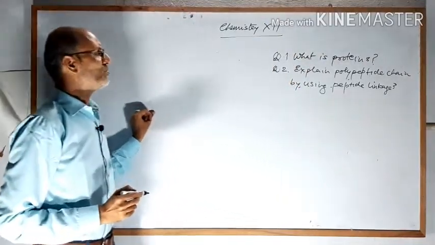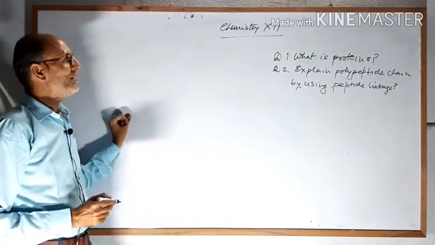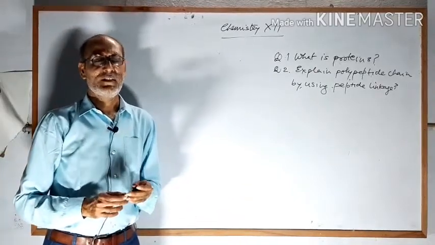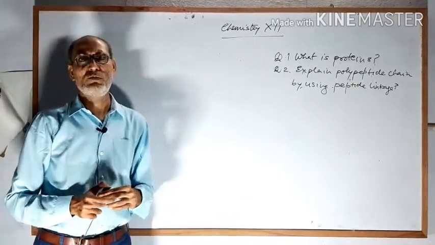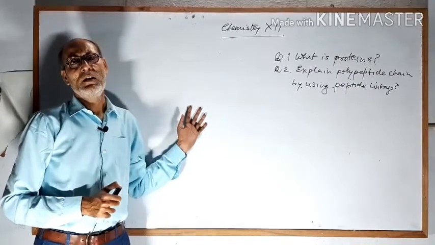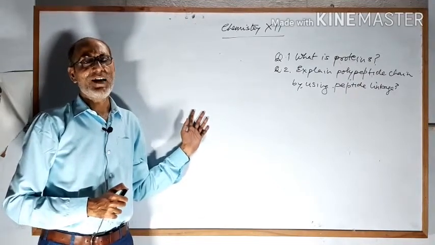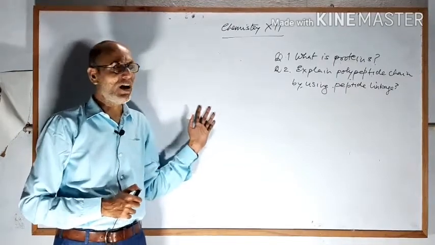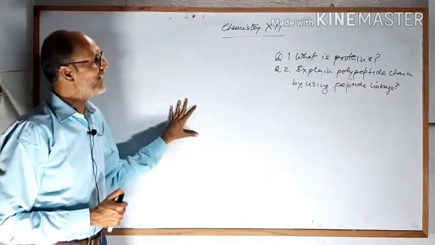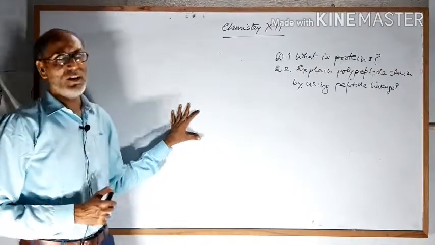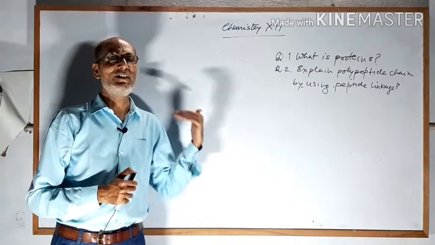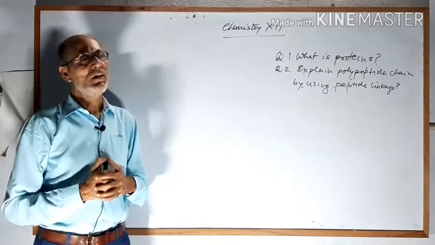Now see, there are two types of protein. When the teacher asks you to tell the types of protein, you often say acidic, basic, neutral. These are not the classification of protein. These are the classification of amino acid. I am not asking about amino acid now. We are going to the protein, or you can say essential or non-essential. These are also the classification of amino acid.